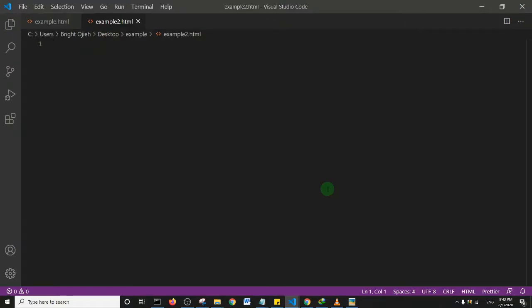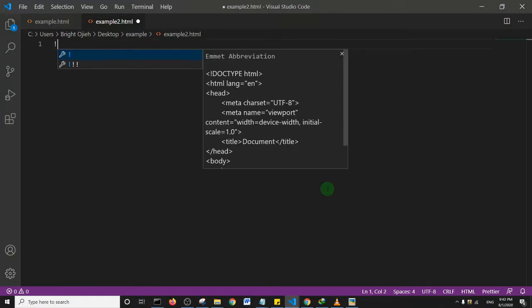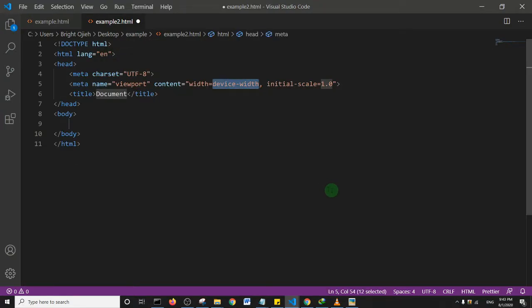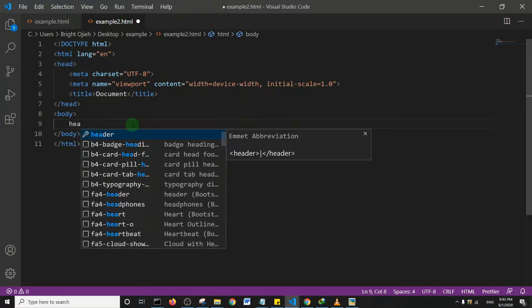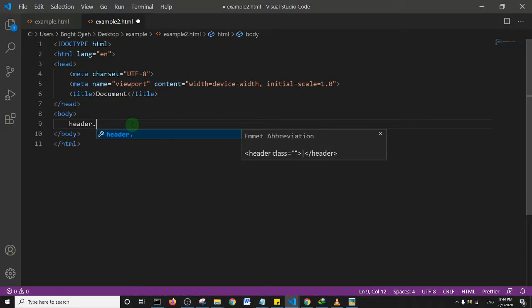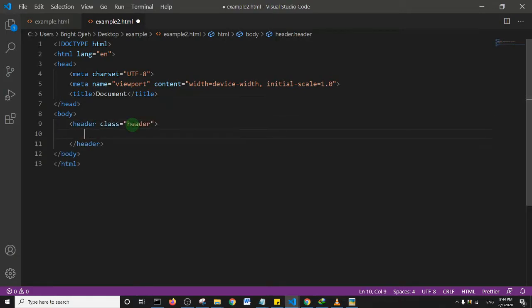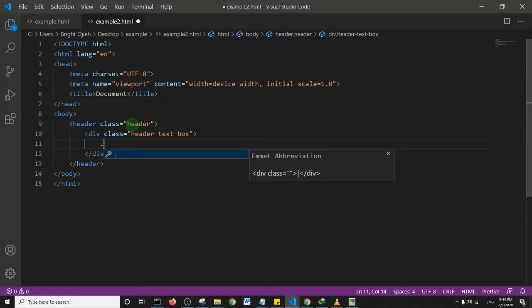So what I'm going to do is I'm going to quickly write a markup. So I have this example.html. Okay, so I'll just use my Emmet to generate a boilerplate for HTML, and then I'll just quickly create a header. Okay, so I'll create a header with a class of header, and then within this class I'm going to create a div with a class of header, and I'll say text-box. Okay, and then maybe I'll create another div. So I'll create a div with a class of heading,